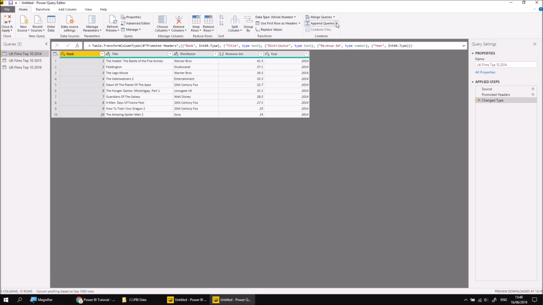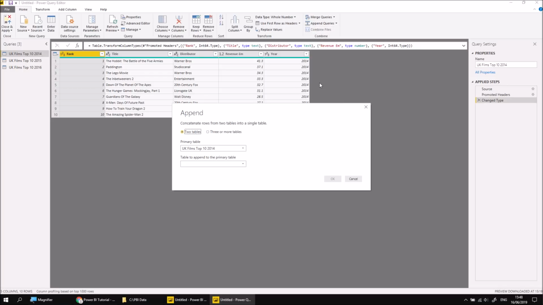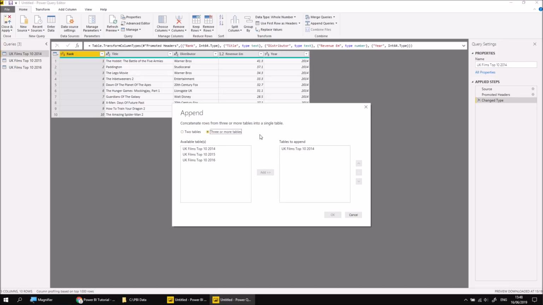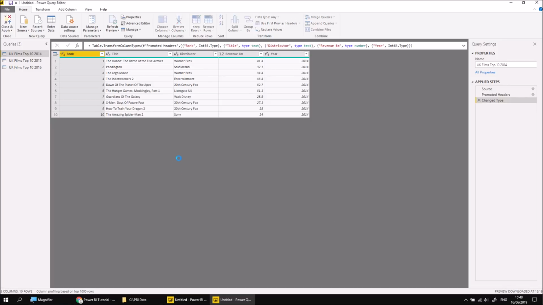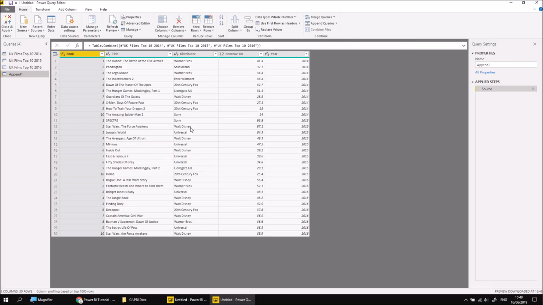Append Queries option. I'll use the drop-down list at the right-hand side and choose to append queries as new. So this will create a completely separate new table rather than add existing data into one of our existing tables. So I'll choose Append Queries as new, and then when the dialog box finally appears, we get to choose how many tables to append. I'll choose 3 or more tables. I'll already have the selected query table on the right hand side, so I just need to double click the other 2 to add them to the list, and then I can click OK to combine all 3 tables into